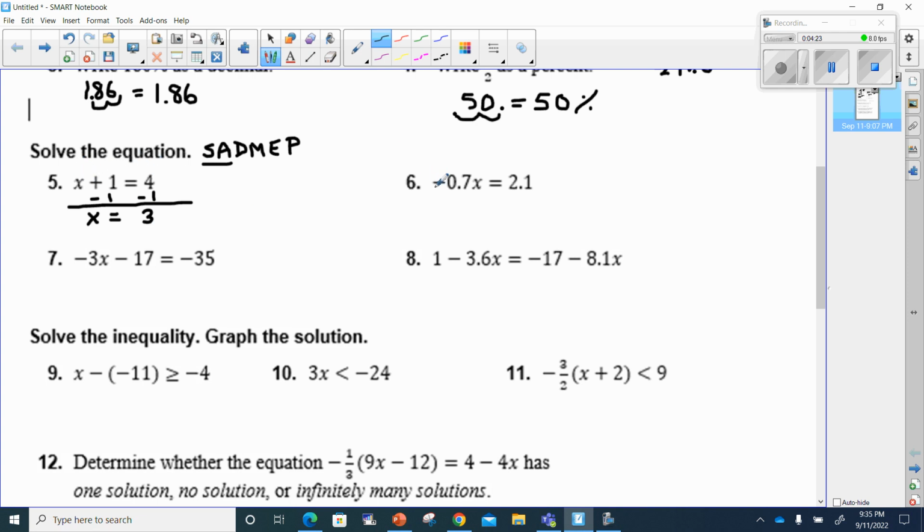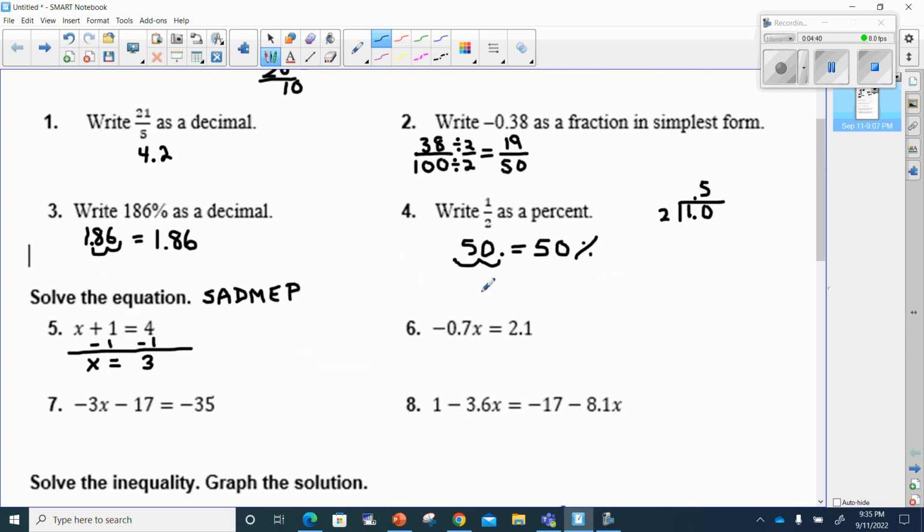All right, let's do number 6. Once again, we're doing PEMDAS backwards, which is SADMEP. I'm going to go ahead and get rid of this line because, as you can see, there is no addition and subtraction going on. We have this decimal, and